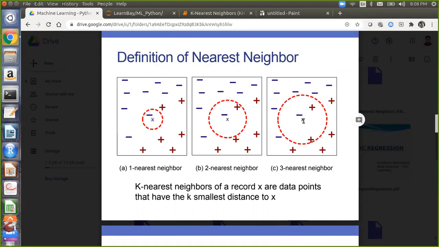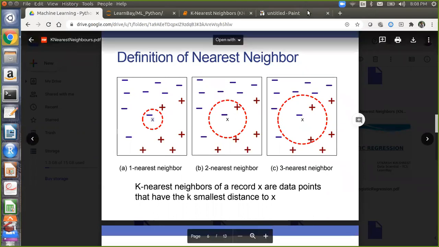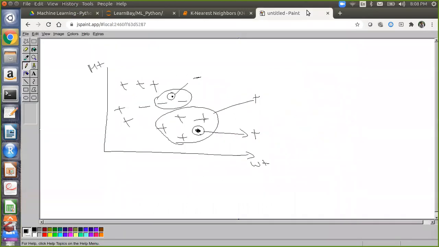The k nearest neighbors of a record X are the data points that have the k smallest distances to X. Now the problem is, if you only take one nearest neighbor, you might be taking noise. For example, suppose this is the point and this is negative, but actually all the data is positive.